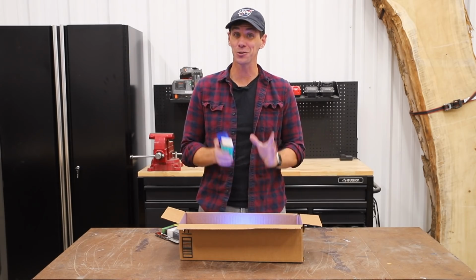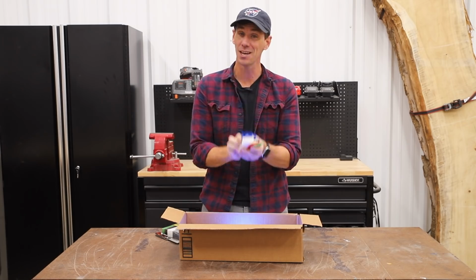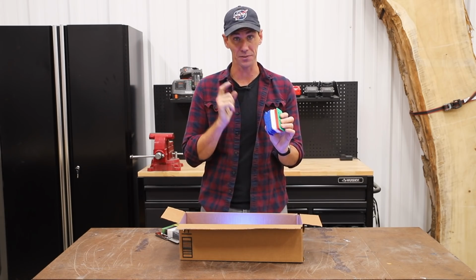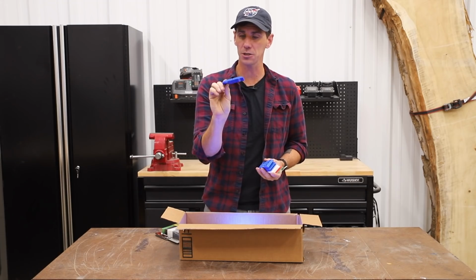All right, moving on to number 4, and we've got Shims. That's right, Shims. Definitely not the most exciting thing on the list, but these are super handy, and I make sure I always have a bunch of these around the shop. Like I said, I use these for a ton of different things, and my favorite are these color-coded shims made